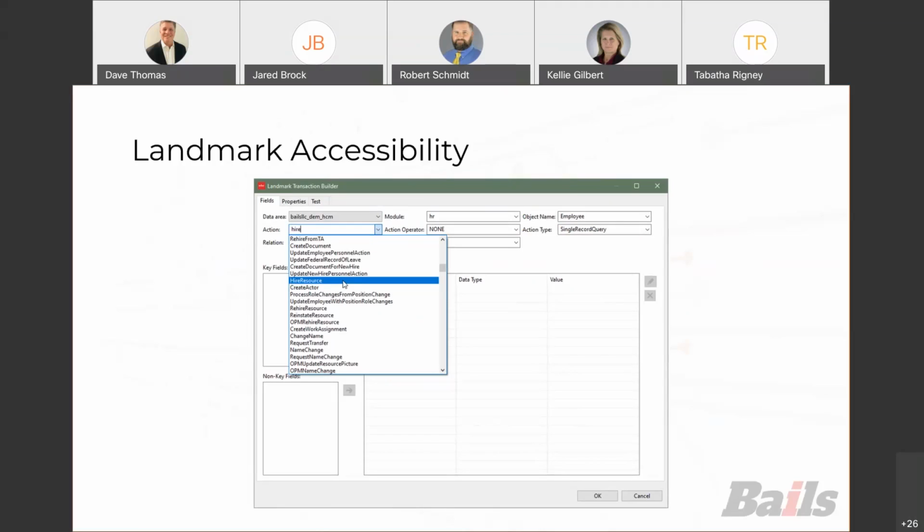So a lot of the things that back in Lawson S3 we would have had to go through and make some environment customizations and really change how some of the system worked under the hood. Here, we can do a lot of that through essentially customized business logic that is built in and supported by Infor. So when we combine this with some of the other tools that are now being more widely adopted, like Configuration Console, we really get a lot closer to